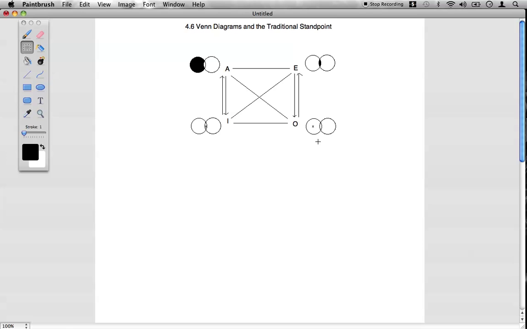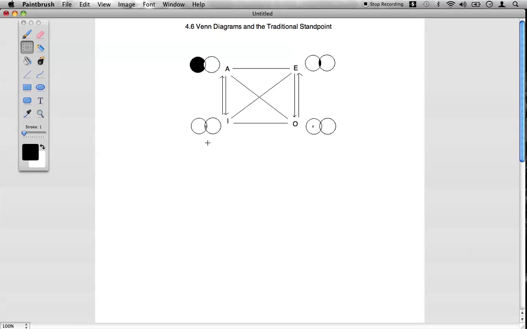So you can see here how the distribution patterns work, just to remind you about that. In this we say the S is distributed, here the S and the P are distributed, in this one neither S nor P is distributed, and here we say that only the P is distributed. And you can see how these are all the reverse. These are the contradictories. This is the contrary, the subcontrary, and these are the subalterns, in which truth flows downward and falsity flows upward. But the question here is how are we to designate